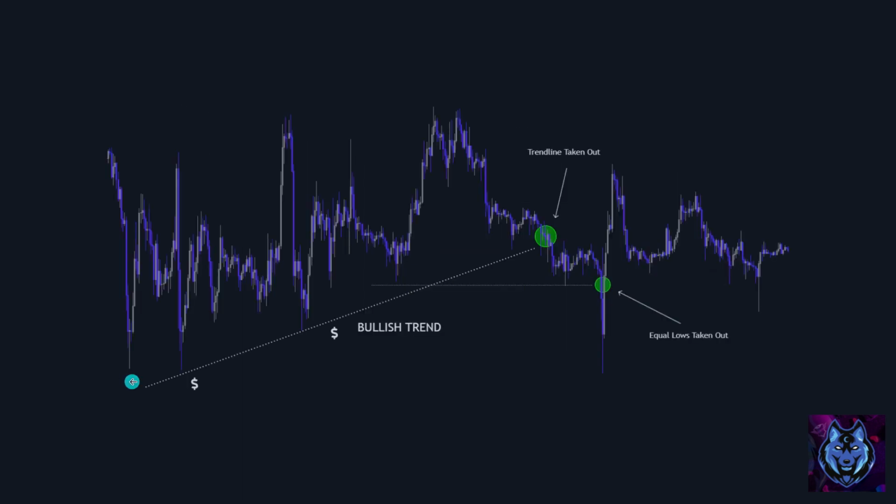Here's a bullish trend. As you can see, liquidity is building over here. Price keeps coming back to this trend line. And then over here, the retailer would think, okay, I'm going to enter another long position. But then price breaks down, liquidates them, forms an equal low over here as well, and then breaks down with